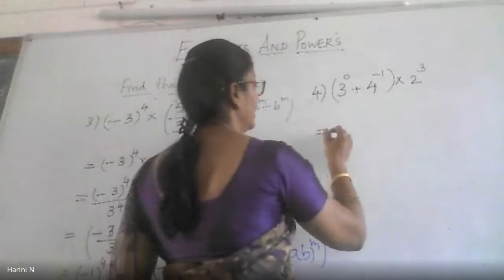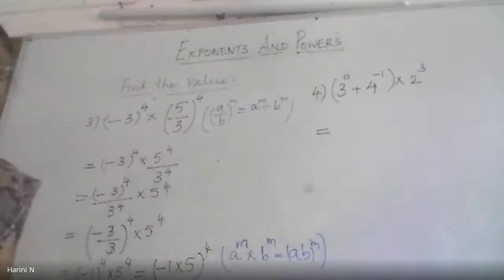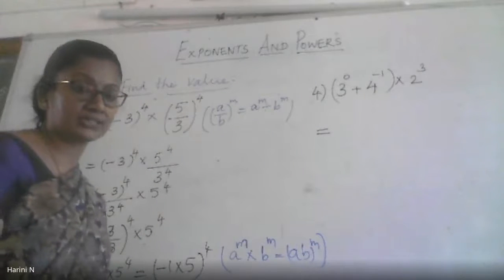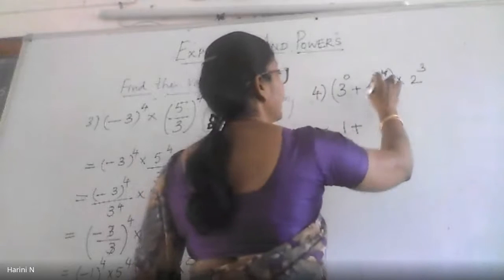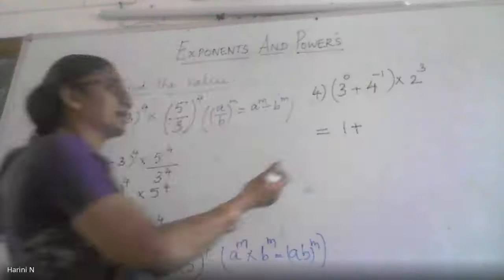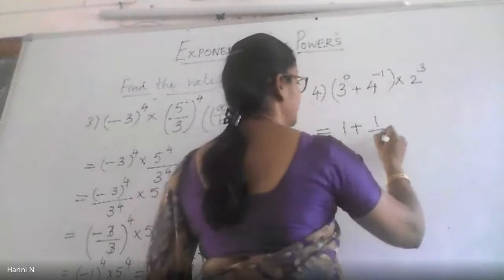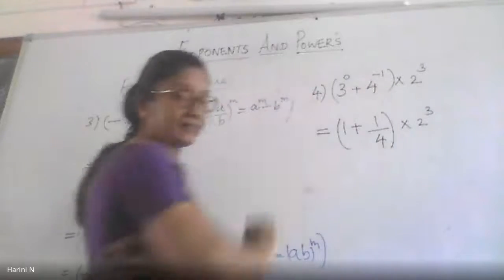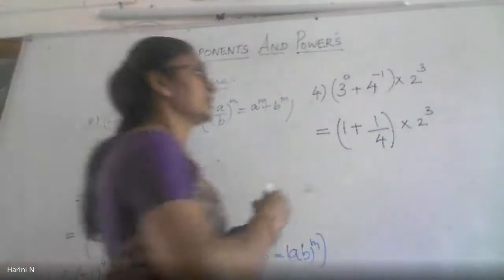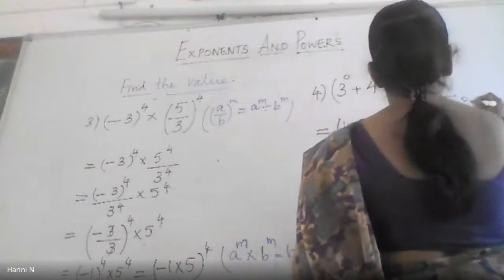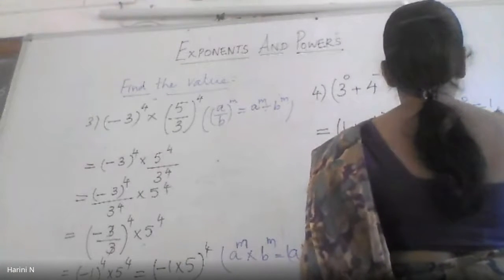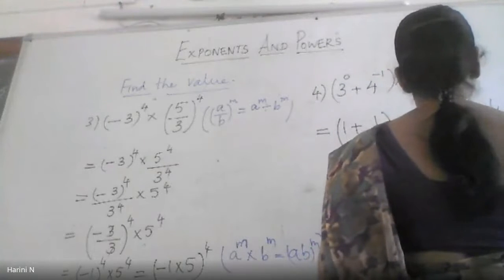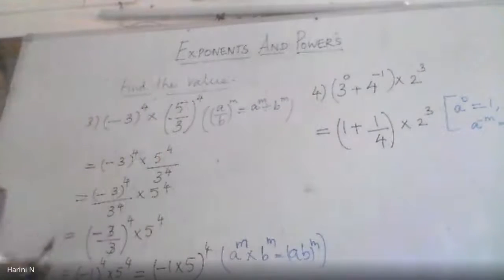First do those two. 3 to the power 0, what should it become? 1. The last law that I have given you. Yes, it should become 1. And when I see a negative exponent, what do I have to do? Ma'am, 1 by 4. I have to convert it into a positive exponent by taking the reciprocal. Correct? Into 2 cube. Did you understand both the steps? What is the law that you will quote? Here you will write a to the power 0 is equal to 1 and a to the power negative m will be 1 by a to the power m. These are the two laws that I have used. Alright?